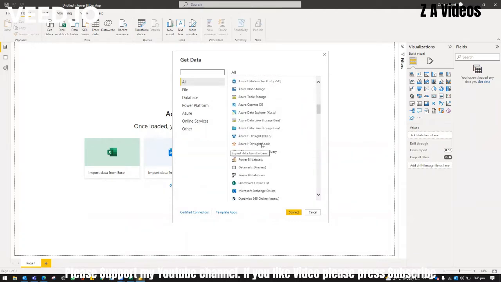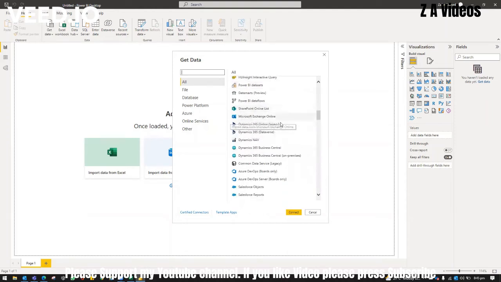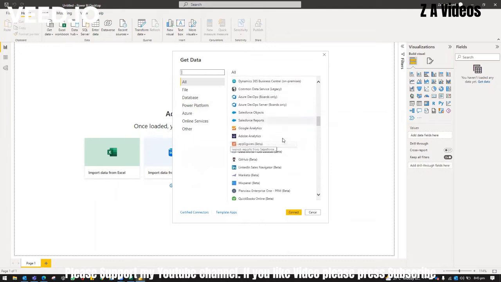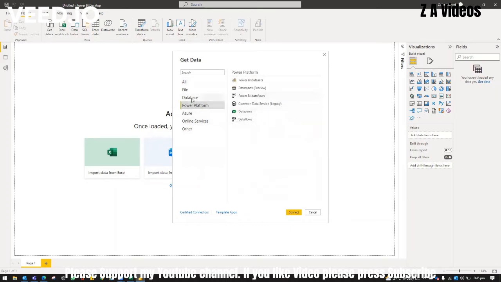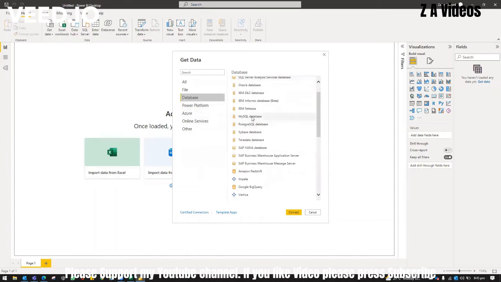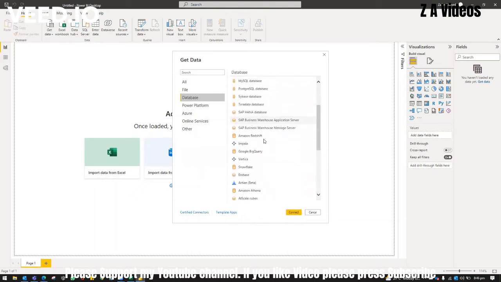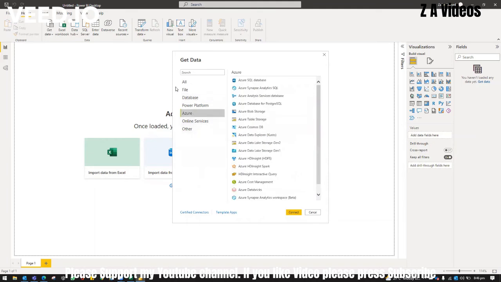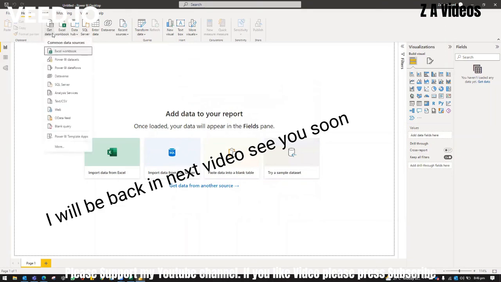You can see all Azure services inside, Power BI datasets will be already available. SharePoint Online list is also available. Microsoft Exchange, Dynamics 365, Google Analytics. You see, Active Directory. So if you go with Power Platform, it can give you this. If you go with Database, it will give you MySQL, SQL, IBM Netezza, SAP HANA database. It will take data directly from SAP. There are lots of things available in Power BI. So what we are doing today is we will get data from Excel. Okay, so we have data available